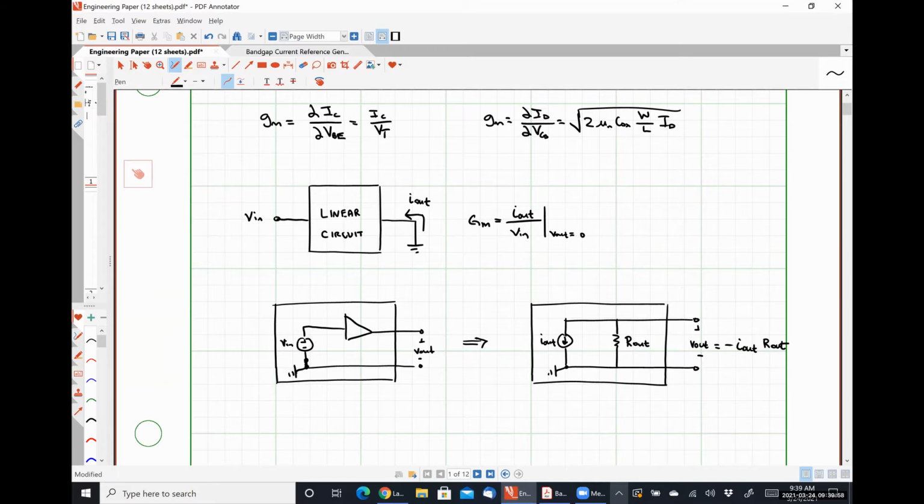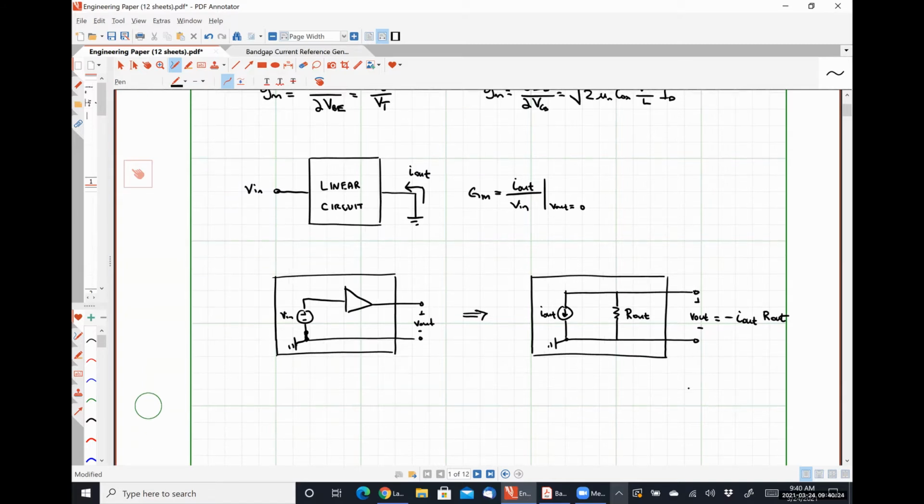The current is flowing into the negative polarity terminal as it makes its loop, which is where the negative sign comes from. Ohm's law tells us that the magnitude of the voltage is just I out times R out. So nothing remotely fancy there, just good old circuits one stuff. So, recognizing that I out is equal to GM times V in, this gives us